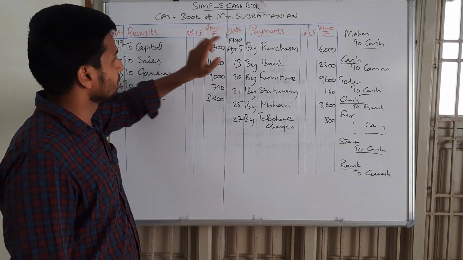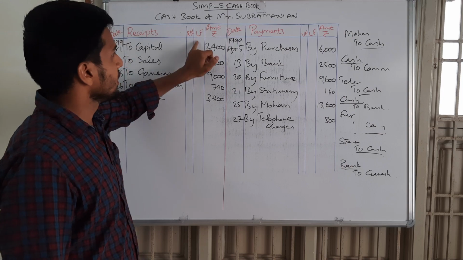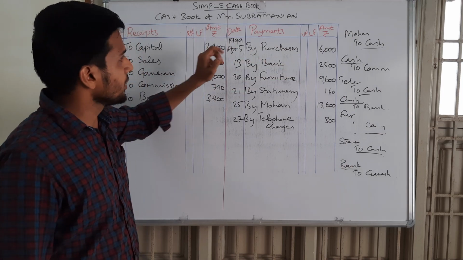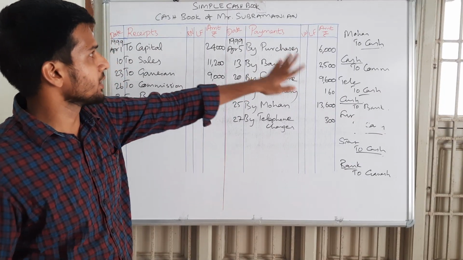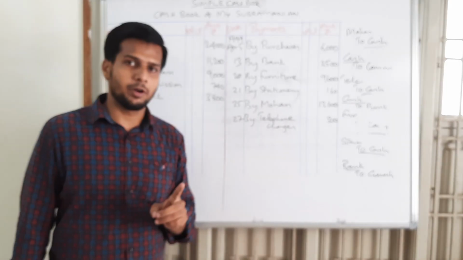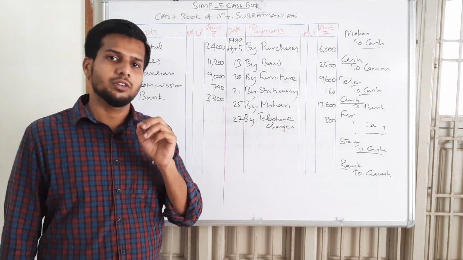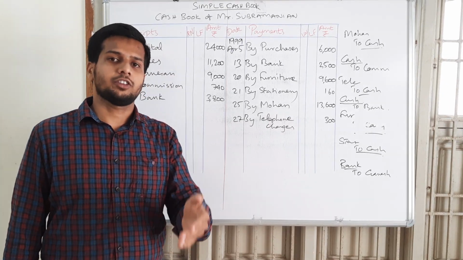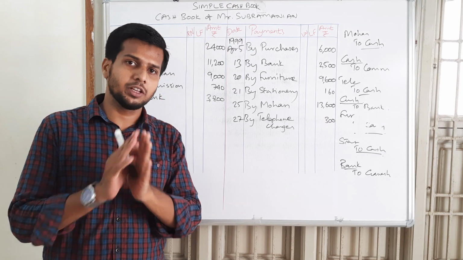Here we have the receipt number, this is the voucher number, LF refers to ledger folio, and we have an amount column on both the debit and credit side, right? So each is receipts and payments. The important point here is, in case any credit transactions come, that must be ignored.